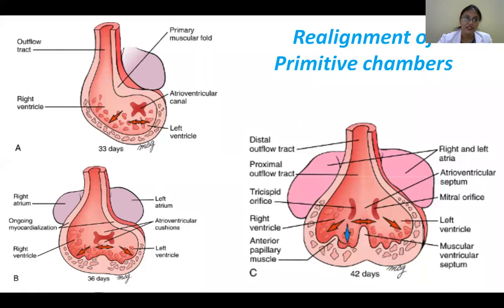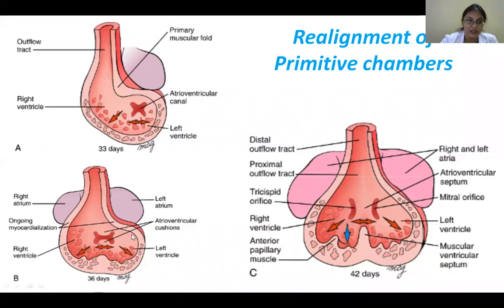It's not that way. That's why when I'm showing you the development of these ventricles here, I'm showing you still one common canal, that is your atrioventricular canal, in the process of forming the two AV canals. Actually, the AV canal has to directly lead into your left ventricle, into the presumptive right ventricle, which is the bulbus cordis, and the right ventricle into the outflow tract. But this is not what we want.